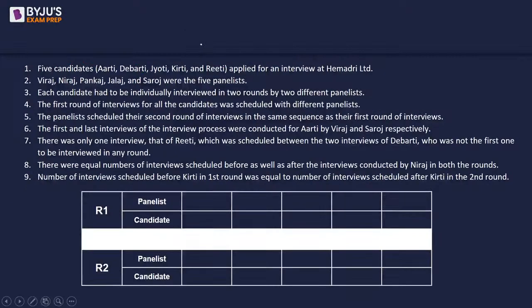So तो एक table बनाते हैं. So this is what the table I was talking about should look like. So 5 candidates, second point, third point, fourth point, fifth point, 6 points से शुरू करते हैं, because 1 to 5 we have already understood. 6 point says the first and last interviews were conducted for Aarti. So the candidate is Aarti,